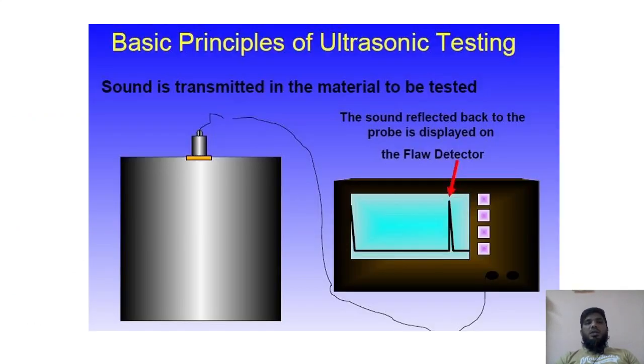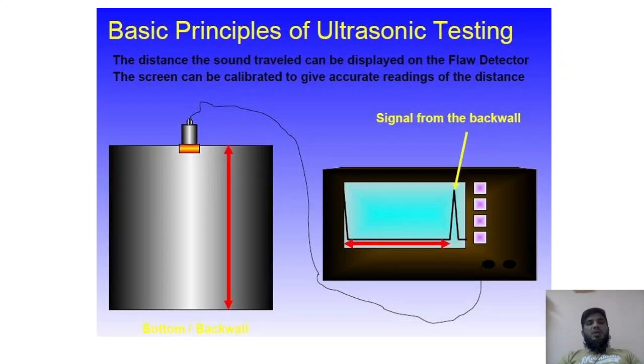So the basic principle in ultrasonic testing is that we connect a source which generates ultrasonic waves to the material. We send sound signals ranging from 1 to 10 megahertz. The sound waves pass through the material and get reflected back from the end of the surface. We observe this wave, much like an ECG machine shows the way the heart beats. If there is no flaw, it gets reflected from the other end of the surface.